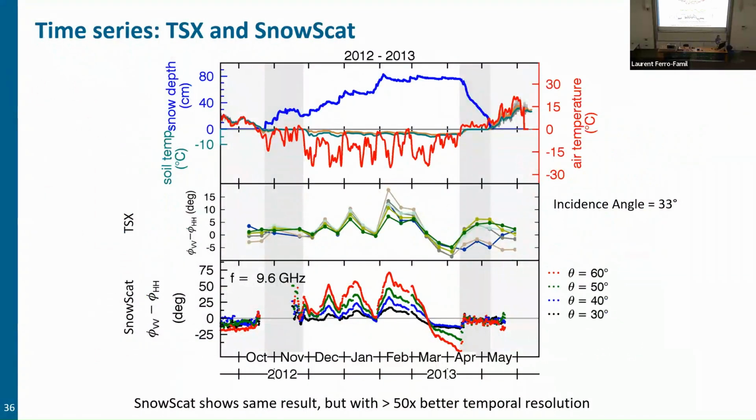You can also compare this with the snow depth, which is measured on the ground. This is the accumulated snow depth that you see here, and the temperature. If you now look at the HH-VV phase that you see here for snow, for TerraSAR-X but also for the SnowScat, then you see there's quite a strong relation between them in areas where it is a little bit warmer,